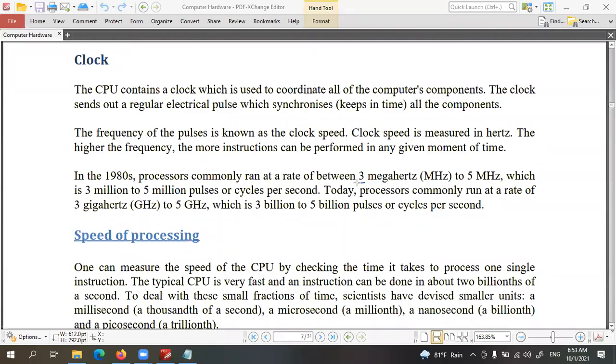Earlier computers normally had a clock rate of 3 megahertz. Now the rate of clock pulse has become 5 gigahertz. That means 5 billion pulses per second. එක තප්පරයකට pulses 5 billion. Assume the speed, right? The computer works at such a speed.